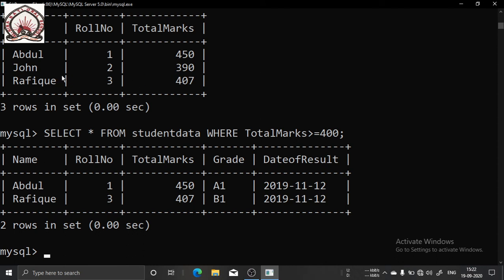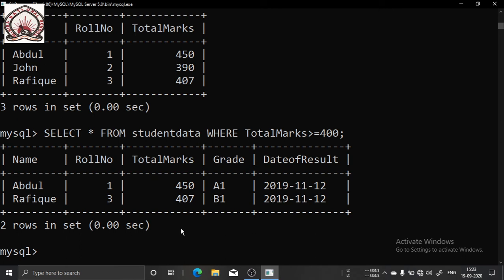Here Rafiq and Abdul have got above 400 marks, so they are selected, and all columns have come. But you can see John's record has not come because my condition is where total marks are above 400. So those two have got above 400 marks.